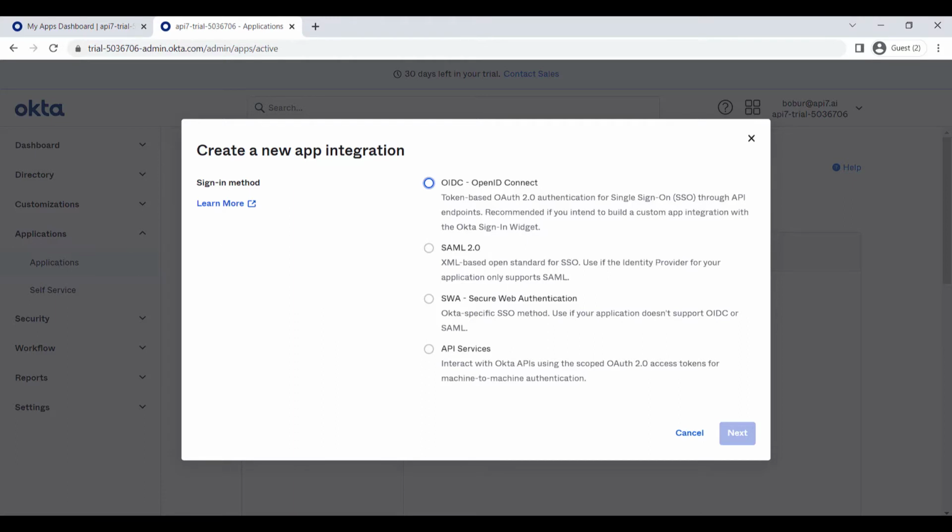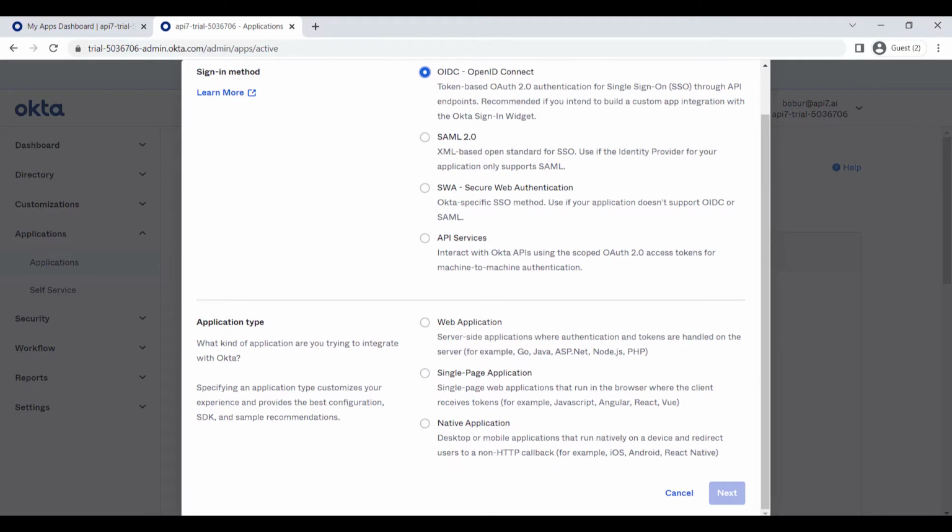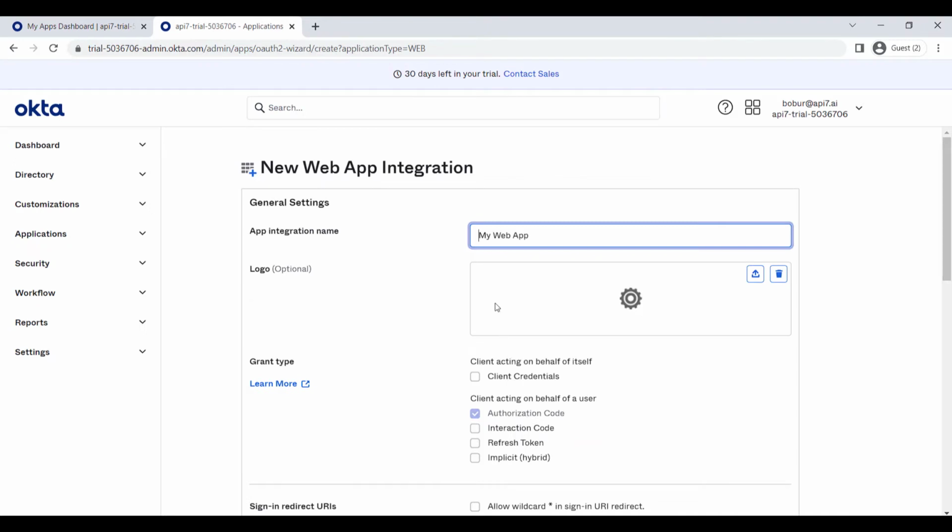For the sign-in method, I can right away choose OpenID Connect because we are using the Apache APISIX OpenID Connect plugin to integrate with Okta. For the application type, you can choose web application. That's your server-side application, and click next. On the next page, you can give the application integration a name. I can give a name like Okta example,